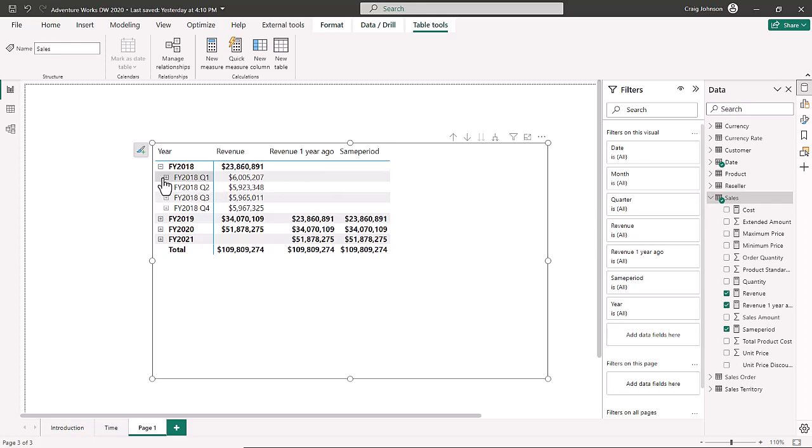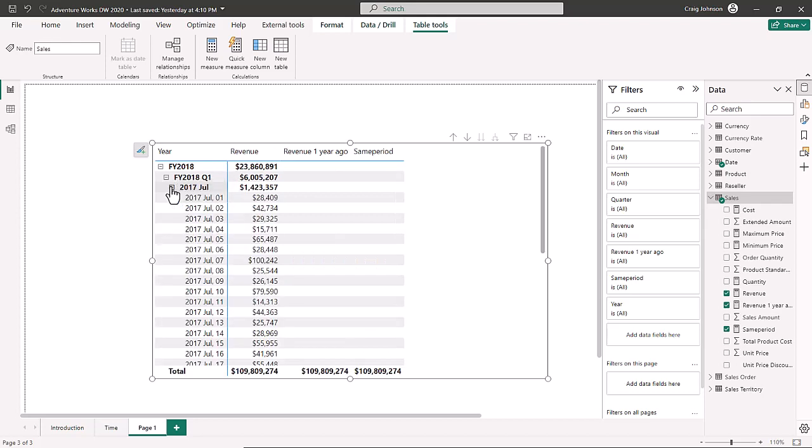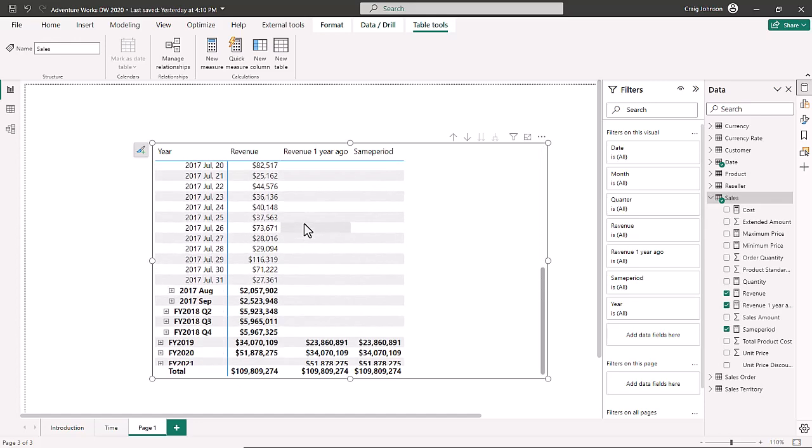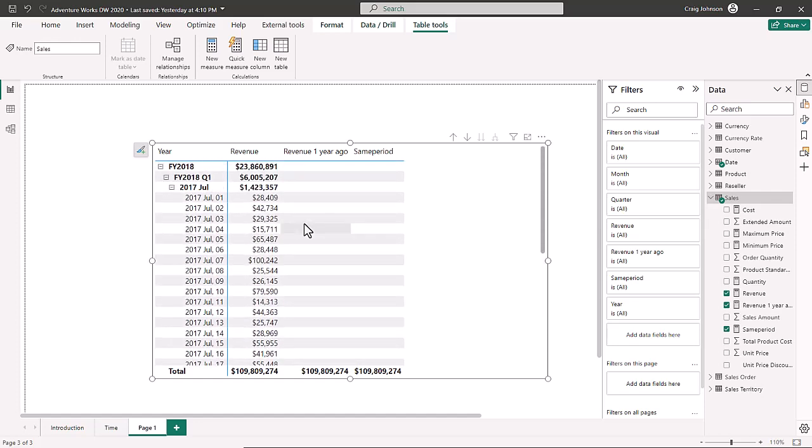When we open up and drill down into Q1, we have the different months. And if we drill down a second time, we see July 1st, July 2nd, July 3rd. Now, in the context of revenue, there's revenue being generated every day, but the revenue 1 year ago does not show in that context. It just shows at the end of the month or the fiscal year, because that is how we set up the chart. So now when we do a total month to